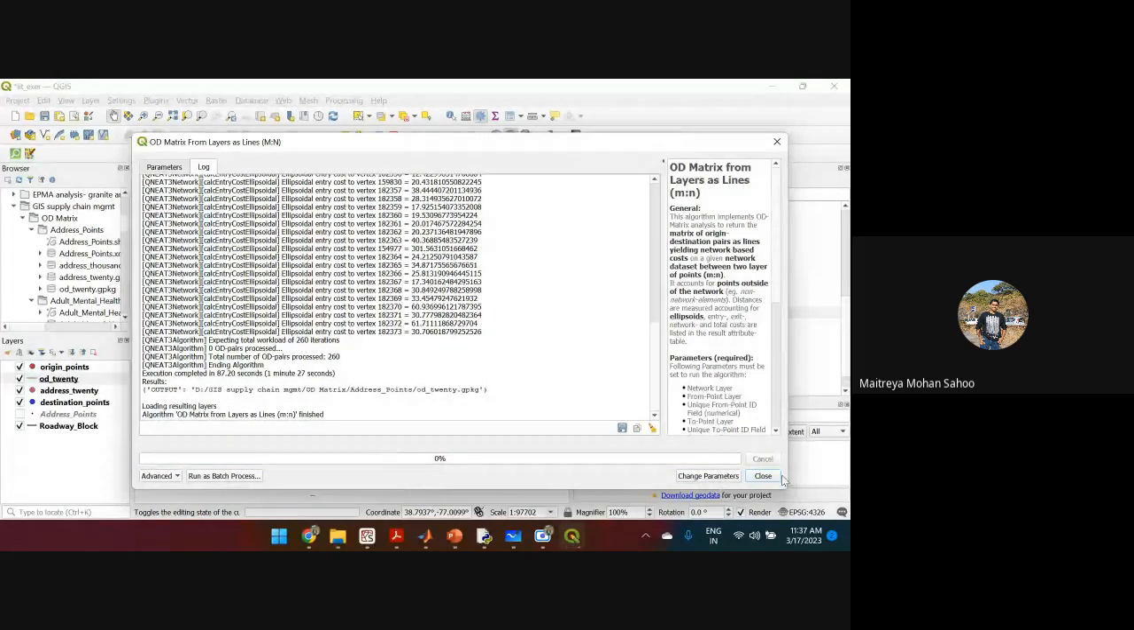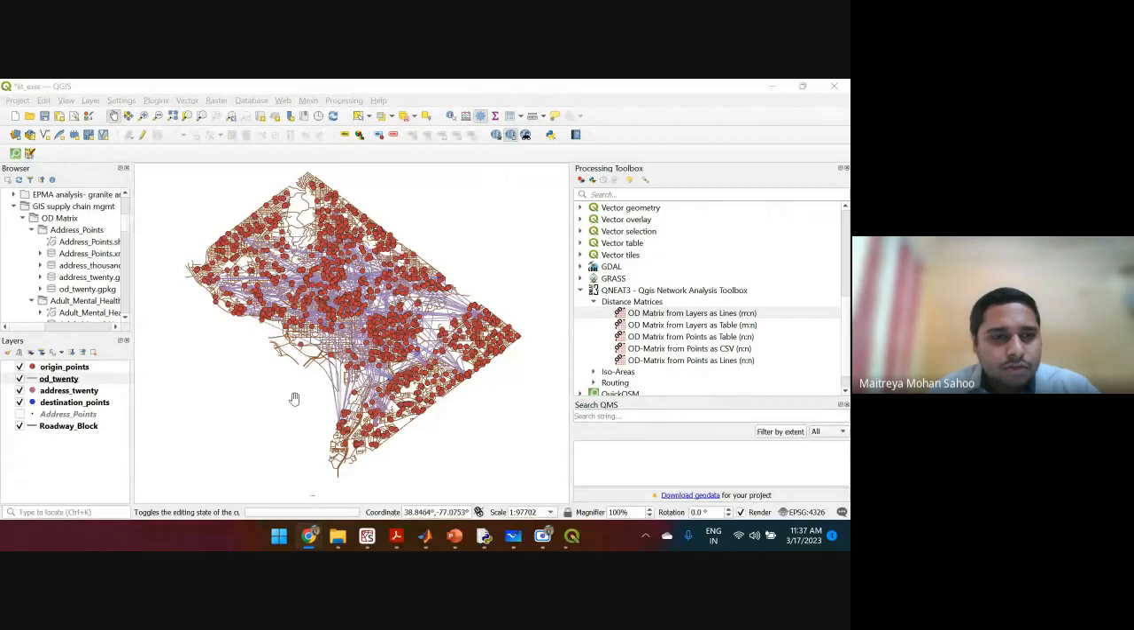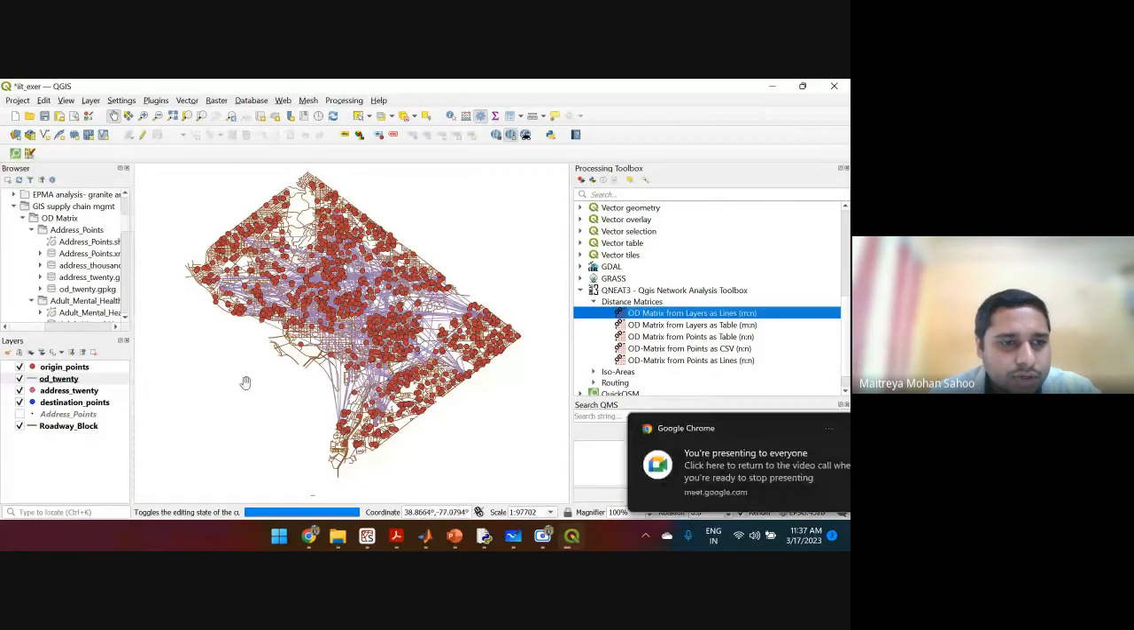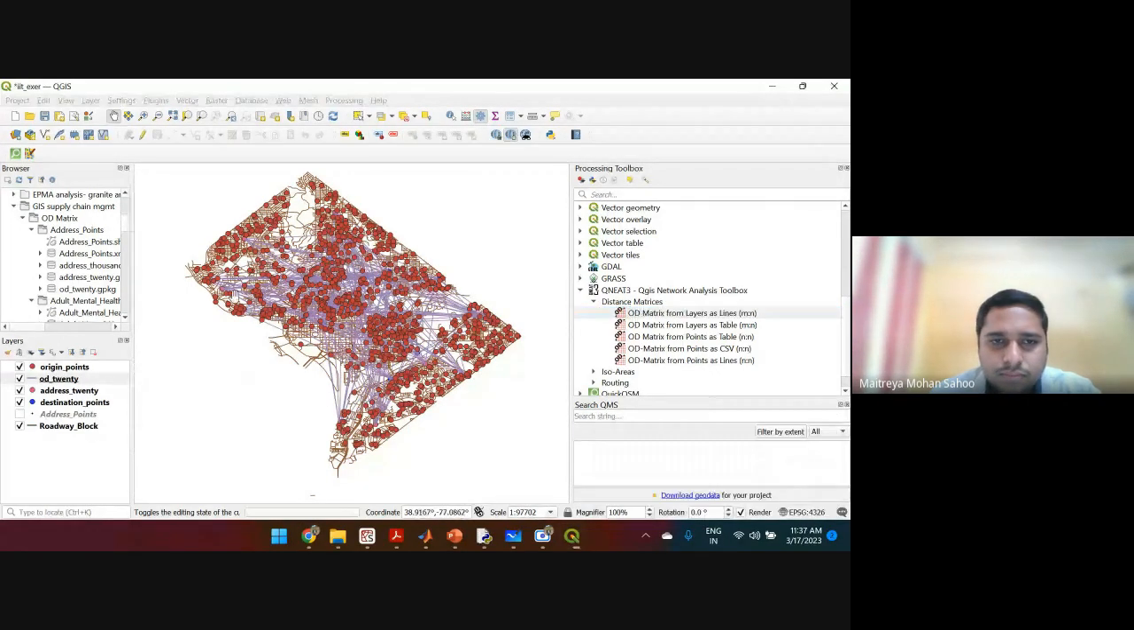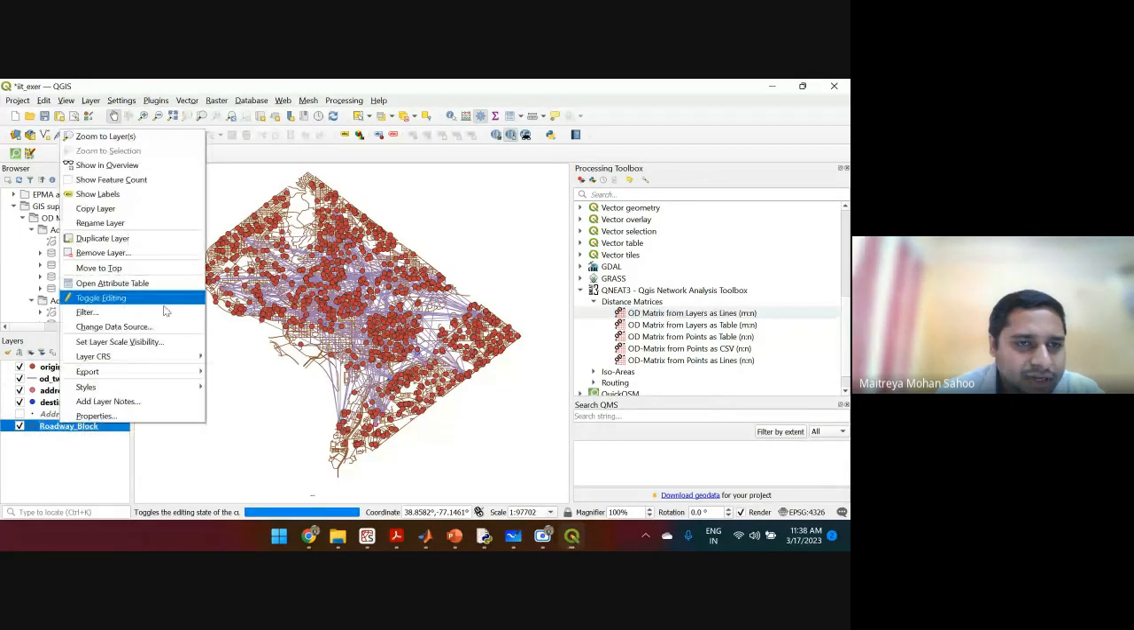Yeah. So for 20 selected points, we got the OD values as represented as line features. So like during implementation of OD, if we look at this attribute table of roadway block,